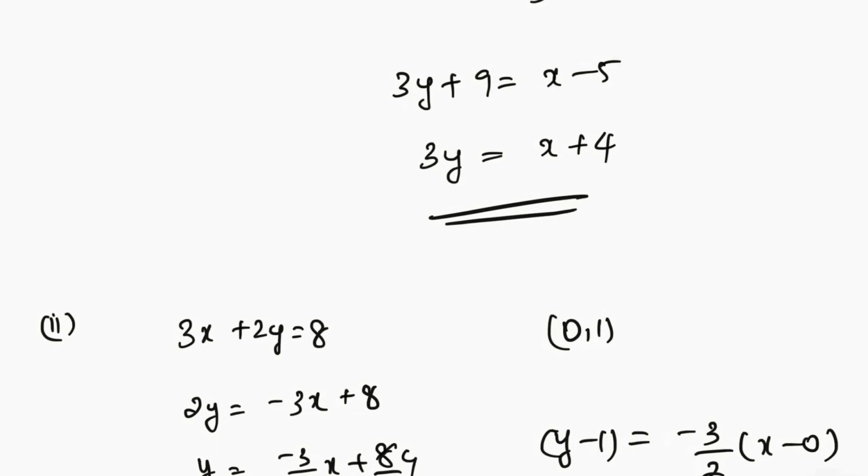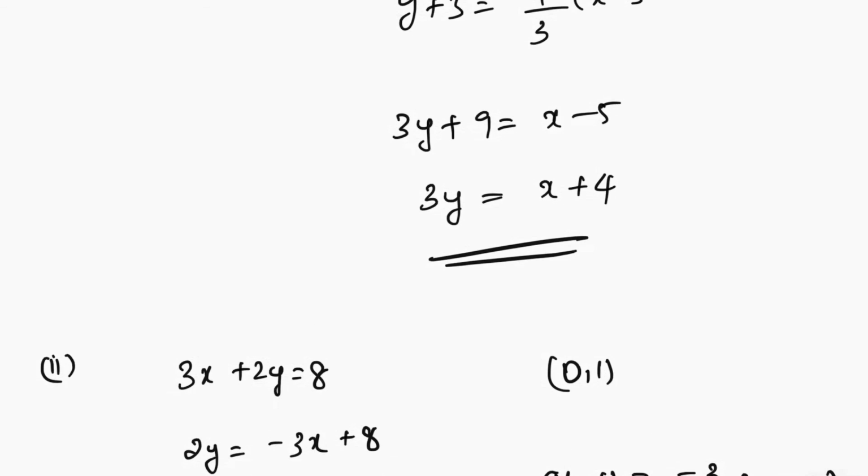Okay. We have made a small mistake in the first sub question, that is 3y. When 9 comes this side, it will become x minus, it's not x + 4, it will become x - 14.